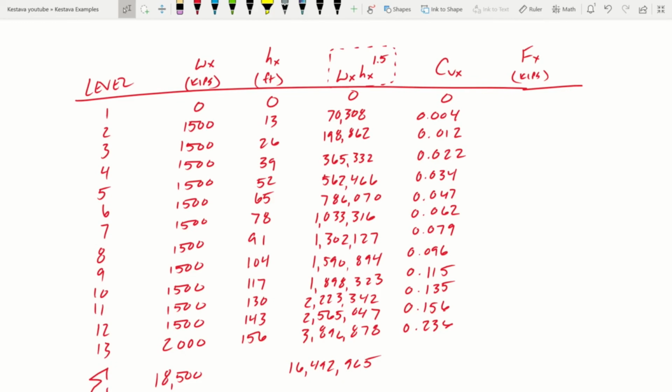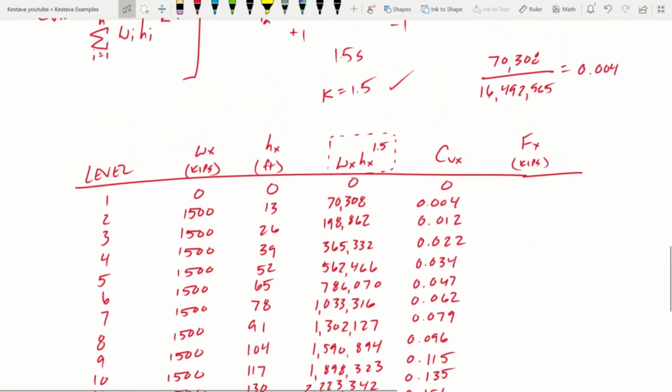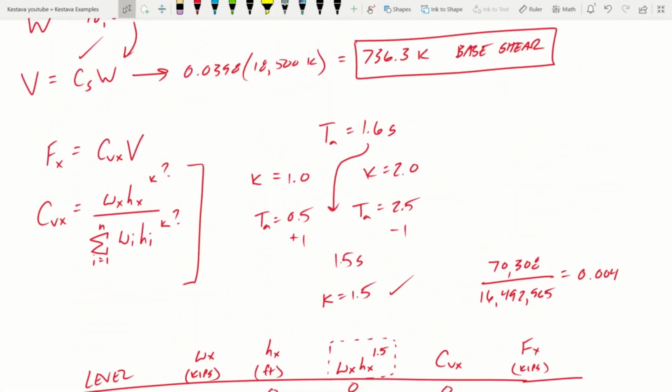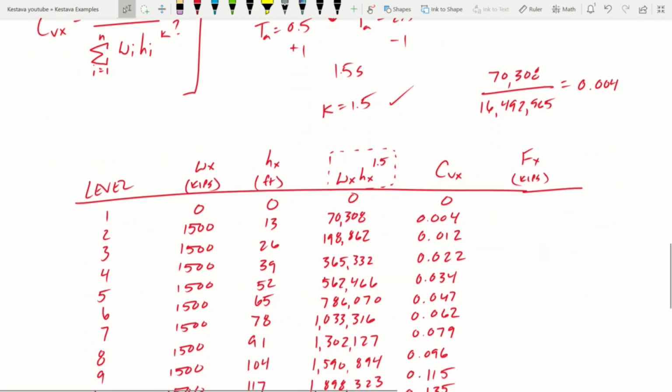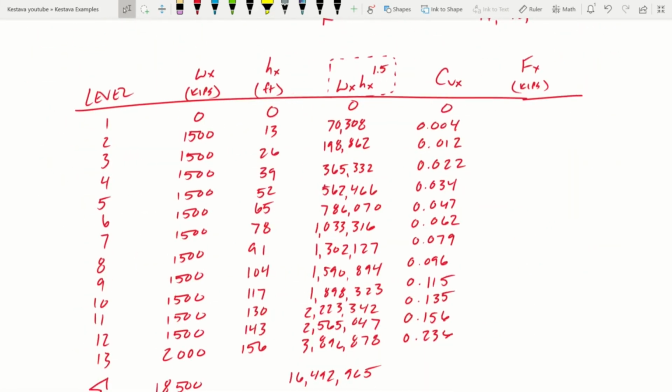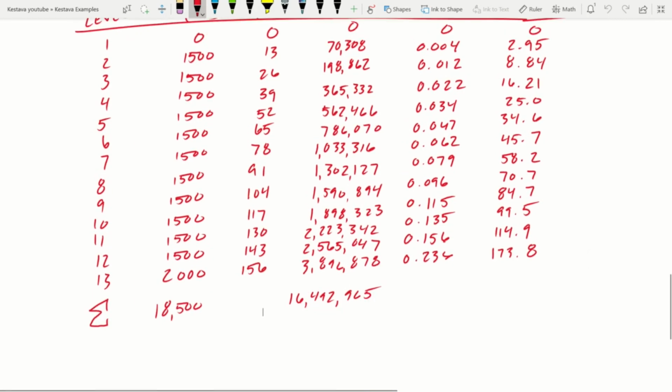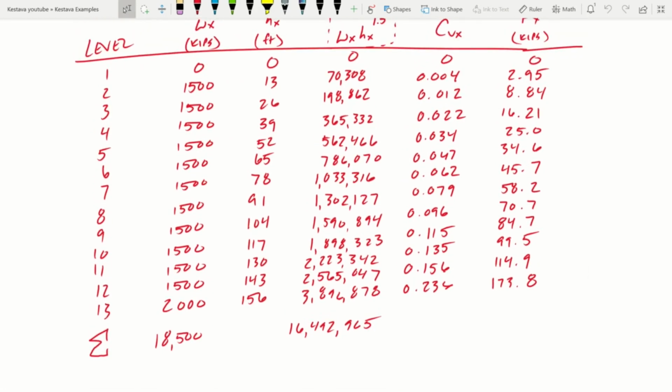All right, and now Fx is just Cvx times your base shear. And our base shear is V, which we know is 736.3 kips. All right, so the first one would just be 0. The next would be 0.004 times 736.6 kips, which is 2.95, and I'll see you at the bottom. And the summation of all of those should equal the base shear, V. So let's see. And the summation is